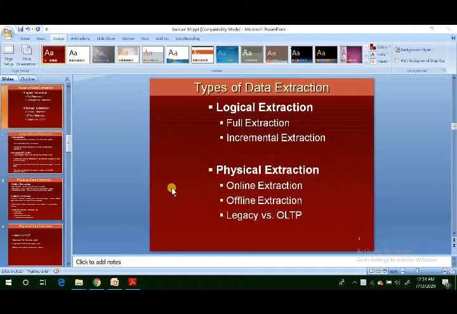So inside ETL, three stages are there. First, we extract the data from the systems. Then we transform the data into a format that can be manipulated by the data warehouse. Then we load the data inside the data warehouse. In order to perform these three operations, there are different sub operations involved inside each operation.